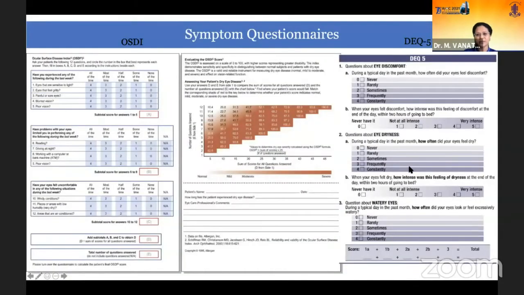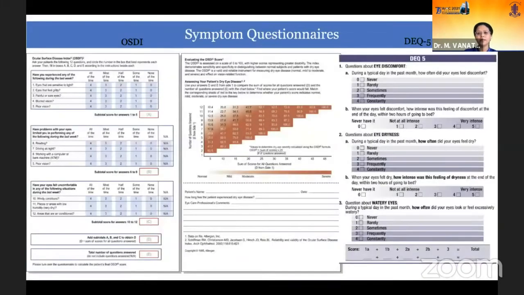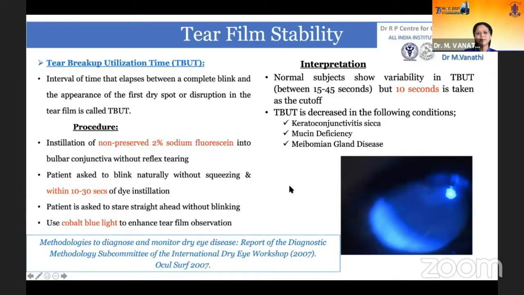So that sort of summarizes the approach, or the protocol, you will adopt in management of dry eye disease in your clinical practice. Again, this is an elaborative look at the OSDI and the DEQ questionnaires, which are almost freely available on the net. A simple diagnostic test is looking at the tear film stability, your TBUT, which you could